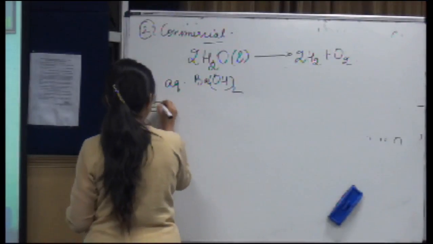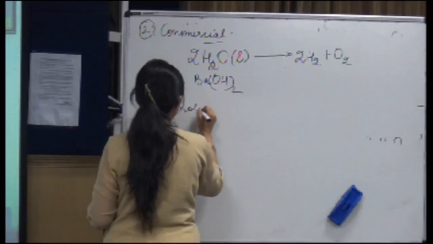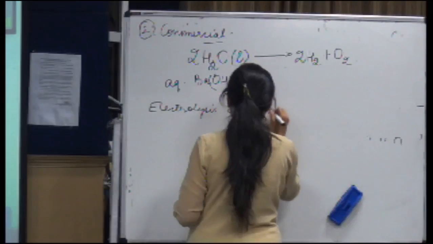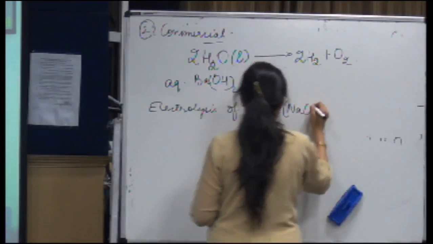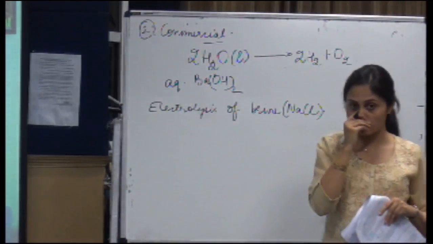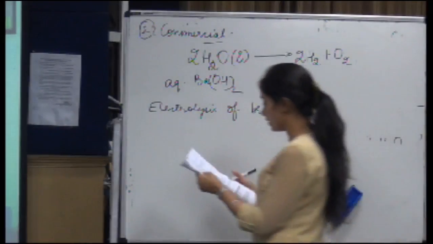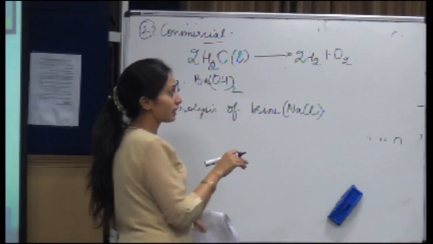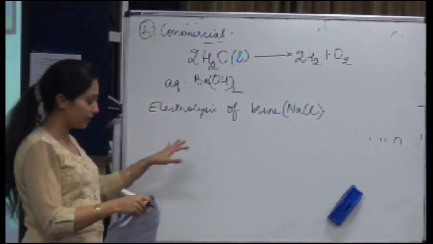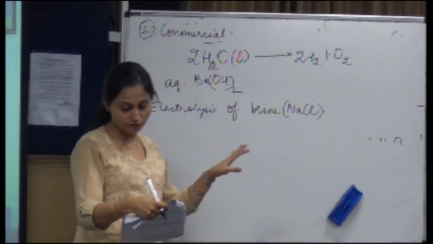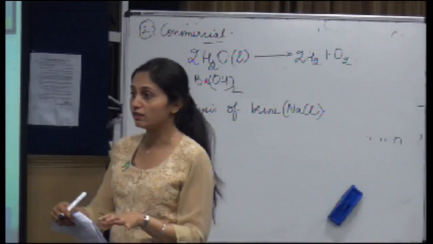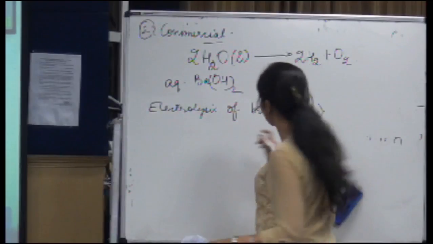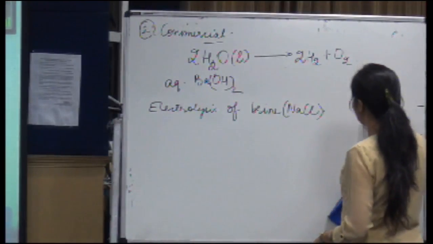Then another electrolysis which is important is the electrolysis of brine solution. अब brine बोलते ही दिमाग में आना चाहिए NaCl. Alright? Electrolysis of brine solution, brine is your NaCl, and it is actually considered to be important because when we carry out the electrolysis of brine, we are actually producing chlorine. Electrolysis of brine is done for the manufacture of chlorine and NaOH,